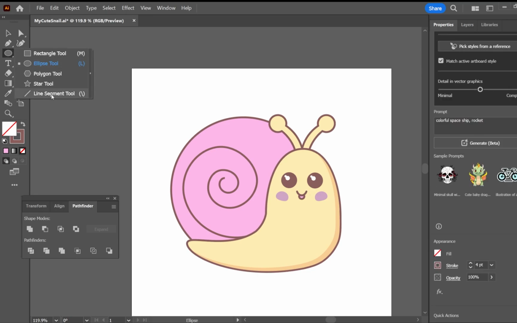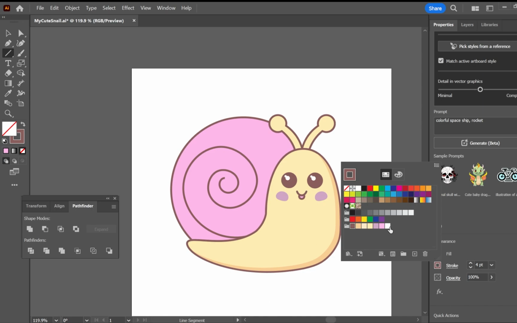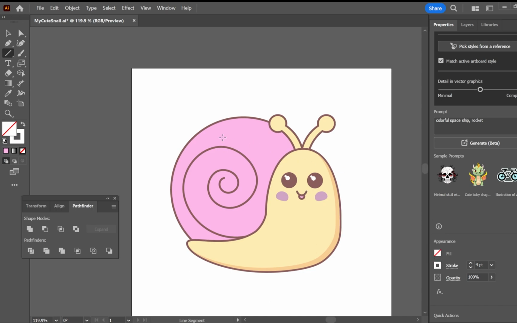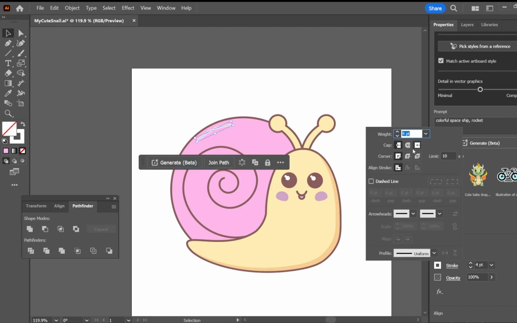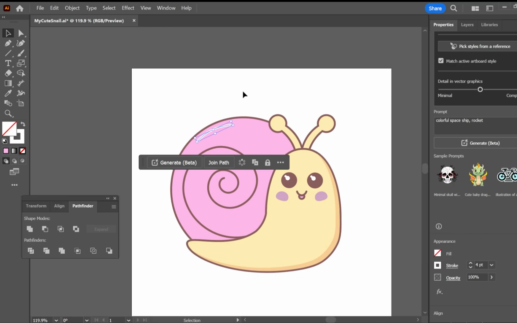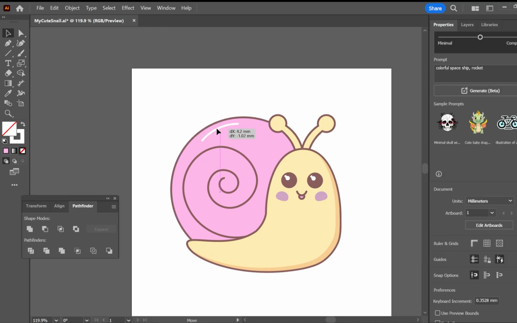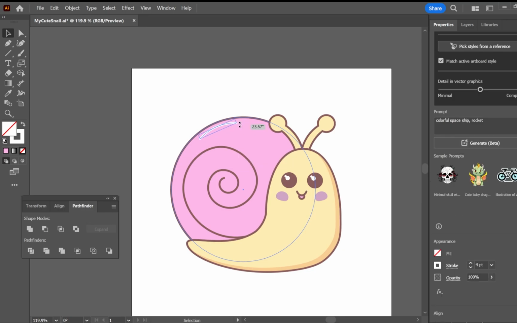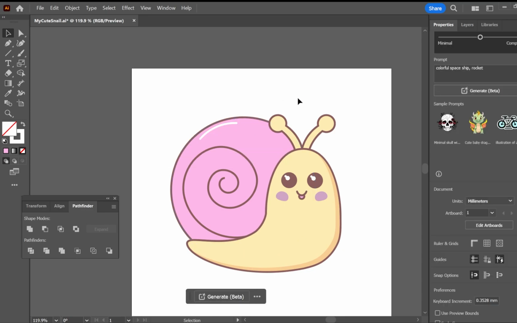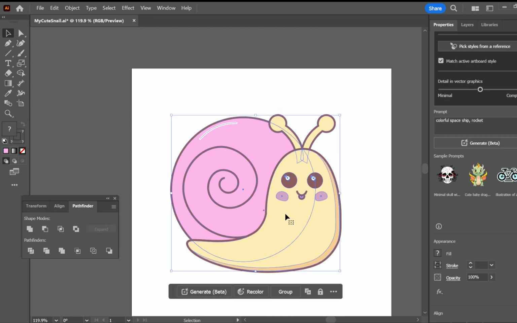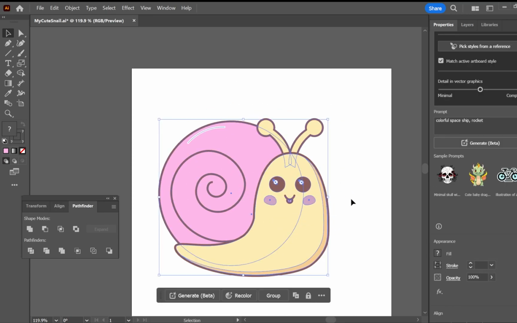Fantastic. So now we're going to add a little highlight to that shell. So I'm just using the line tool and selecting a very light grey, using that curve tool to just curve it to match with the shell. Making sure that I use round cap, and then I can just go in and adjust the angle slightly and the size as I need to. I'm quite happy with my snail. Now I just want to add a little accessory.